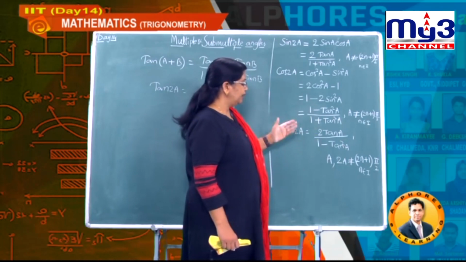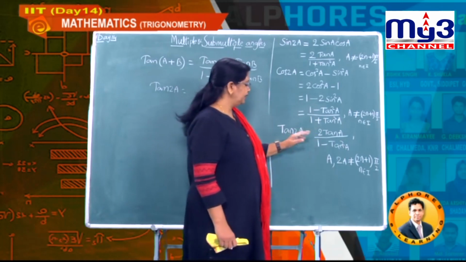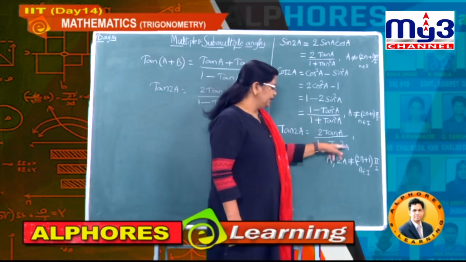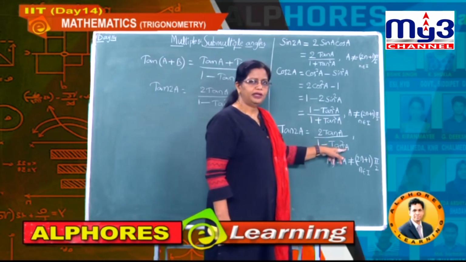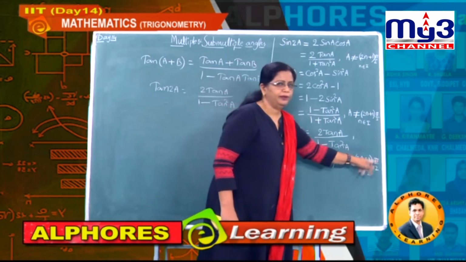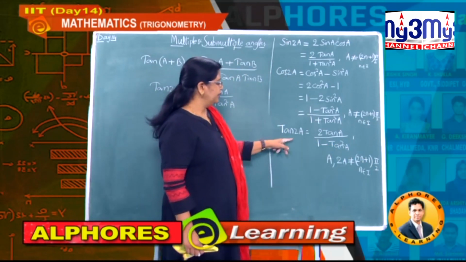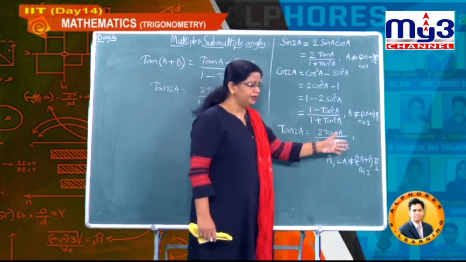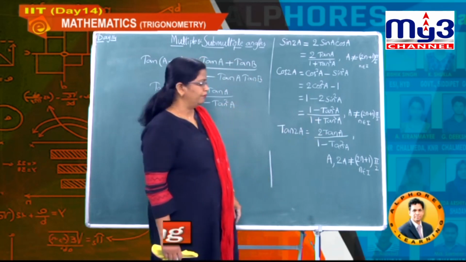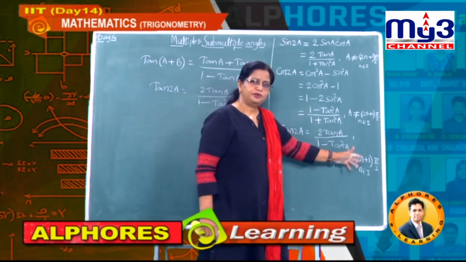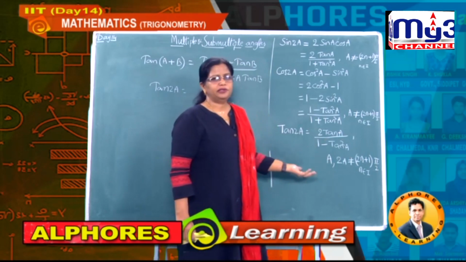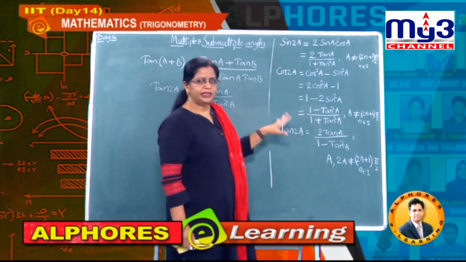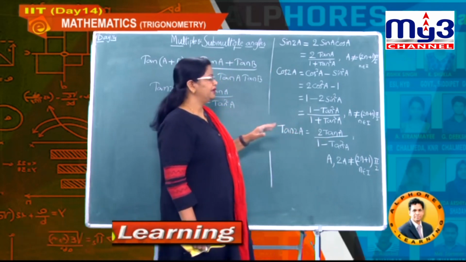That is why, however, the A values are not only odd multiples of pi by 2, but the other condition is they should not be equal to odd multiples of pi by 4. Understand? Therefore we should write, while writing this formula, that A as well as 2A are both not equal to odd multiples of pi by 2. An odd number we refer to as 2n plus 1, or you can use 2n minus 1 also. Understand? So now these are the basic formulas of multiple and submultiple angles.